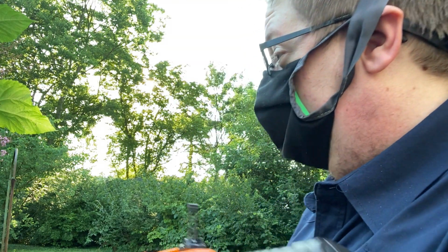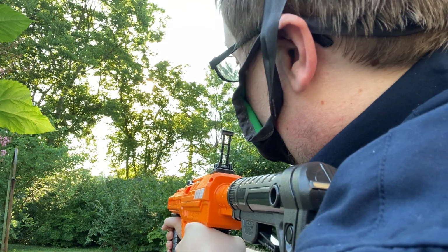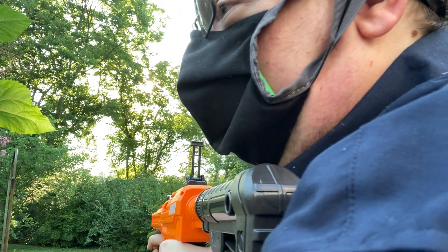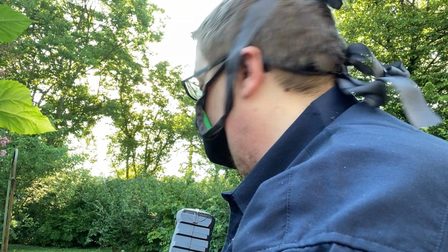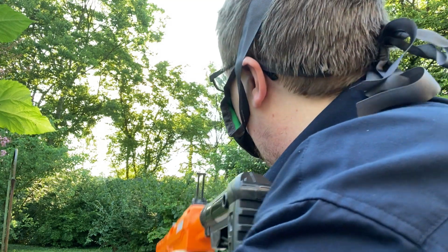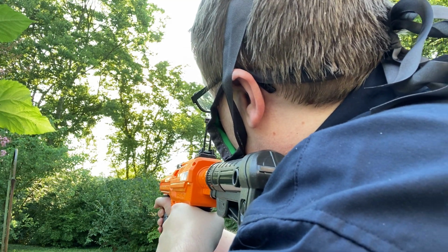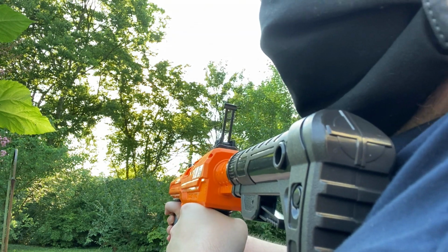This thing is shooting laser beams, guys. Holy crap. I don't know if you can see it, but this thing is just insane. And it's actually shooting through the trees and hitting my garage. I don't know what to say. That's just incredible. And I am aiming a little high. Hopefully you guys are seeing this. Well, actually...